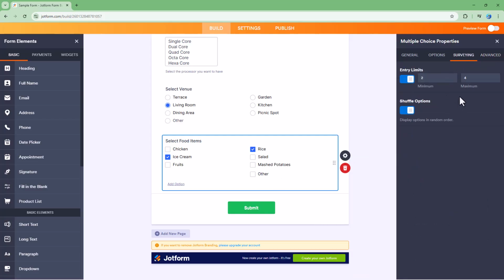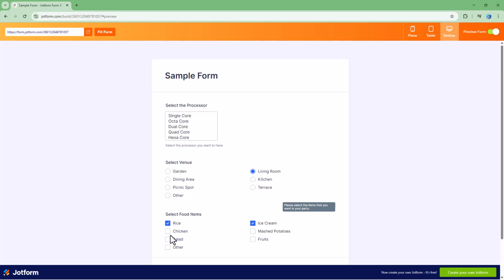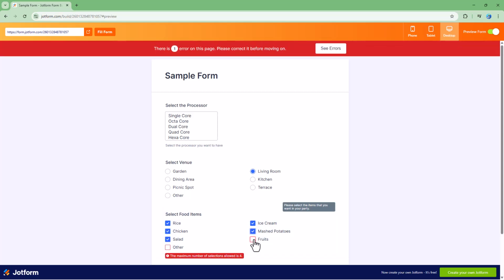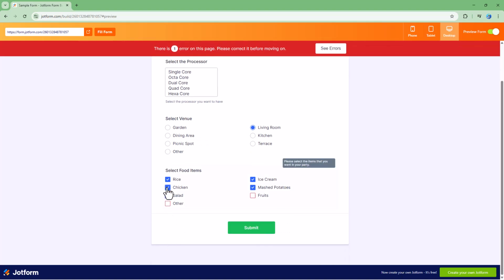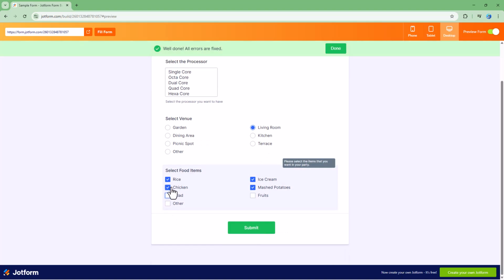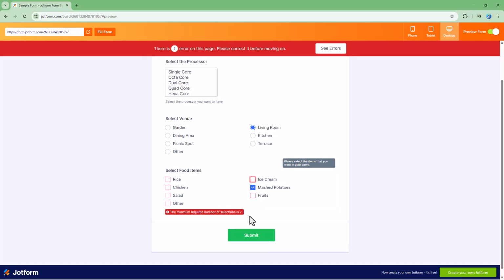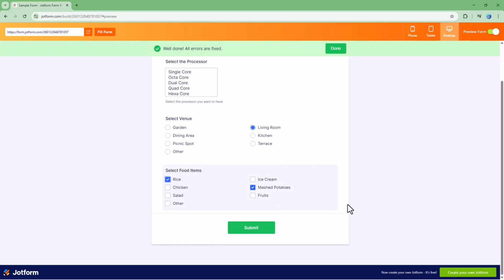So in the, let's say, for example, entry limit, this is what I have. So I can go ahead and select minimum 2, maximum 4 right here, just like this. So let's just go ahead right here and change this out. So if I were to go ahead and select, let's say, for example, more than 4, now you can see that it actually asks me to deselect 1 right here, just like this. But less than 2, then it says minimum 2 is required right here. So that is how you can go ahead and work around with the multiple choice field